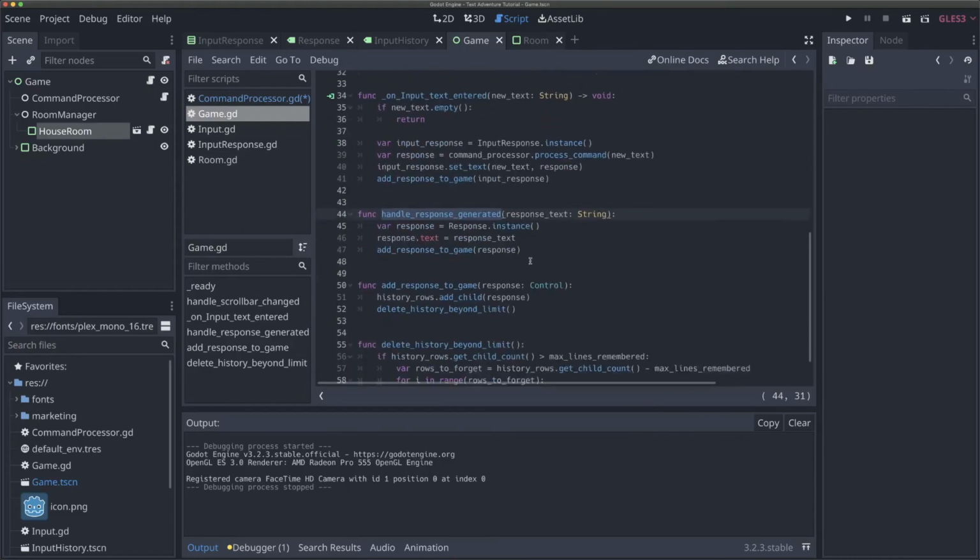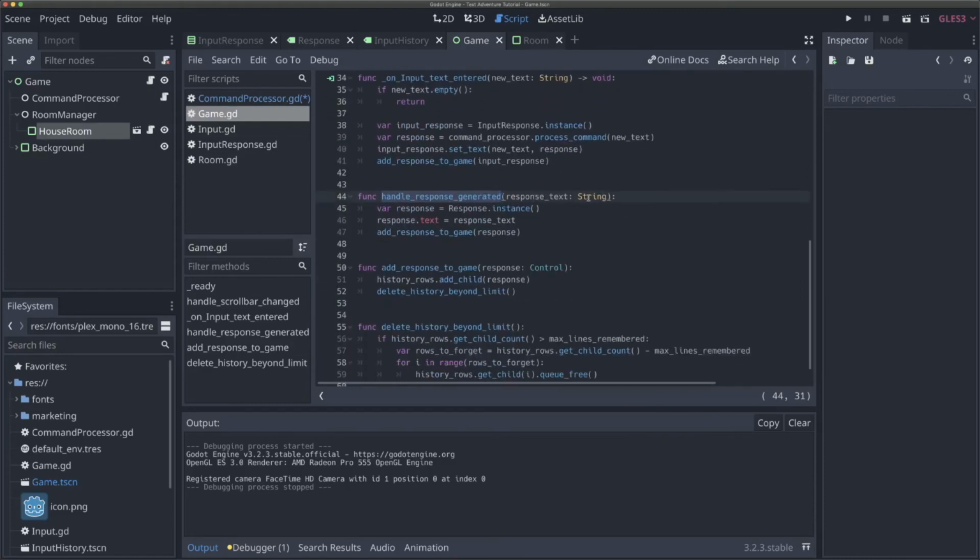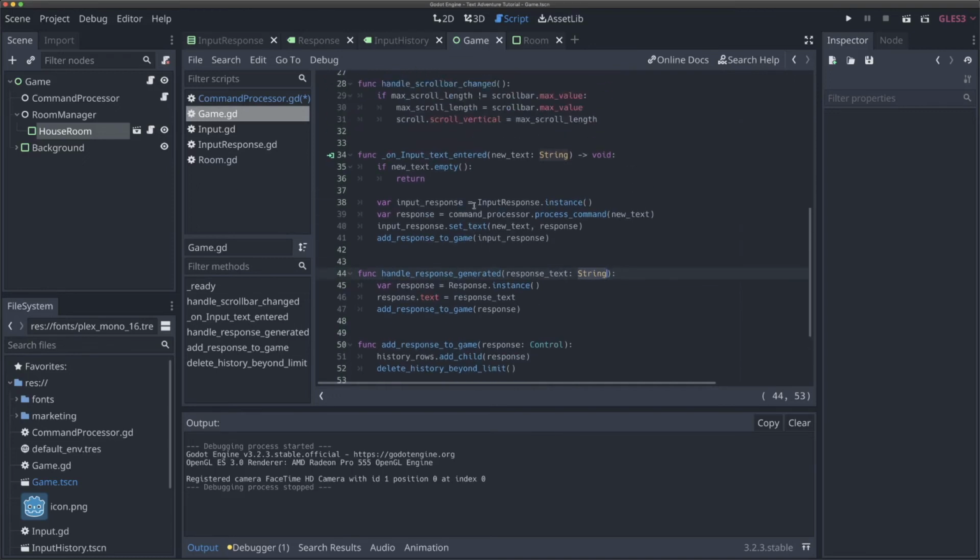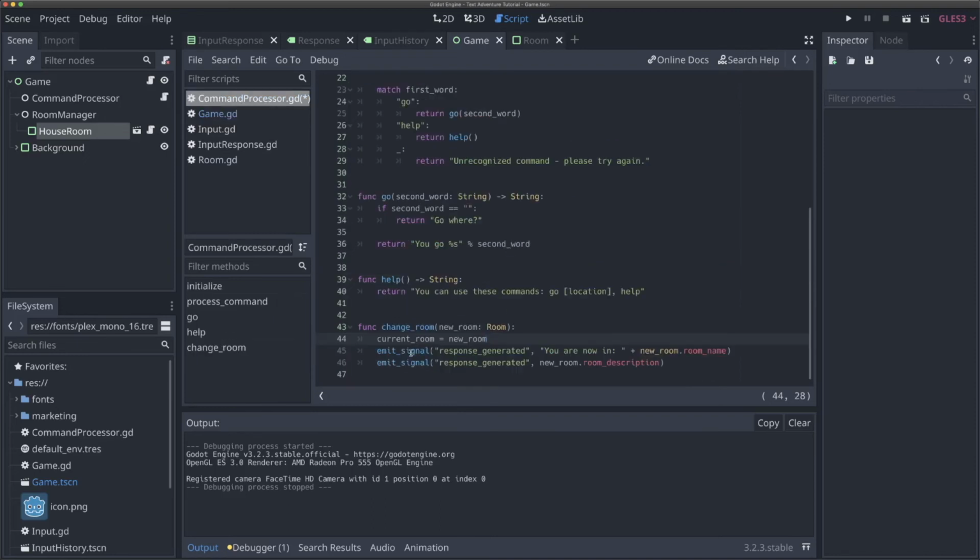Right now our handle response generated function takes a string, so it just has to be one long string, but there's a couple different things Godot lets us do as far as string processing that can make this look a little bit better. Rather than changing our function here, and we might eventually do that, maybe eventually we'll need different types of responses. We might want to add some more colored text. We might want to have some variations to make our game feel a little bit better. But right now what we can do is call emit signal once, but pass in an array of strings